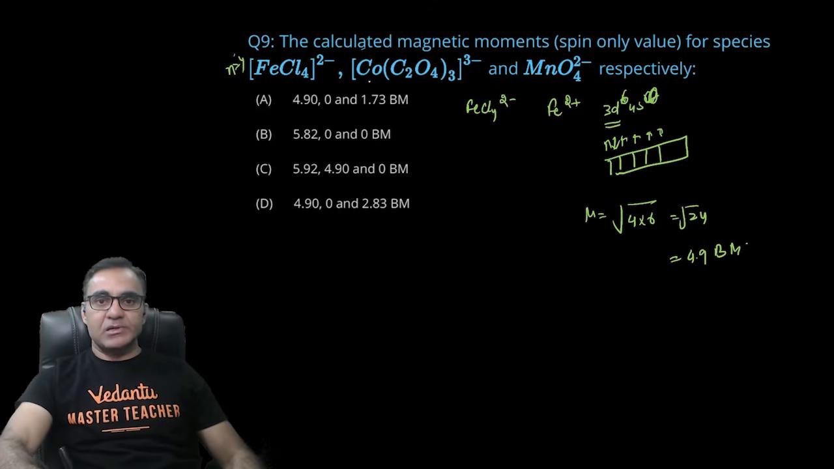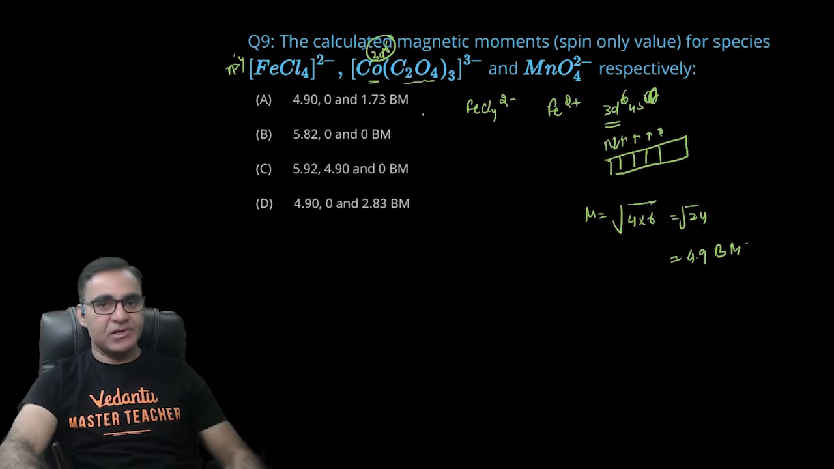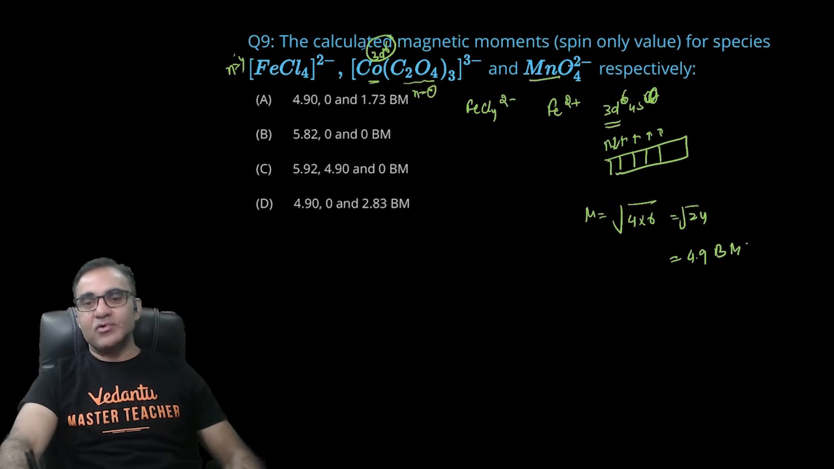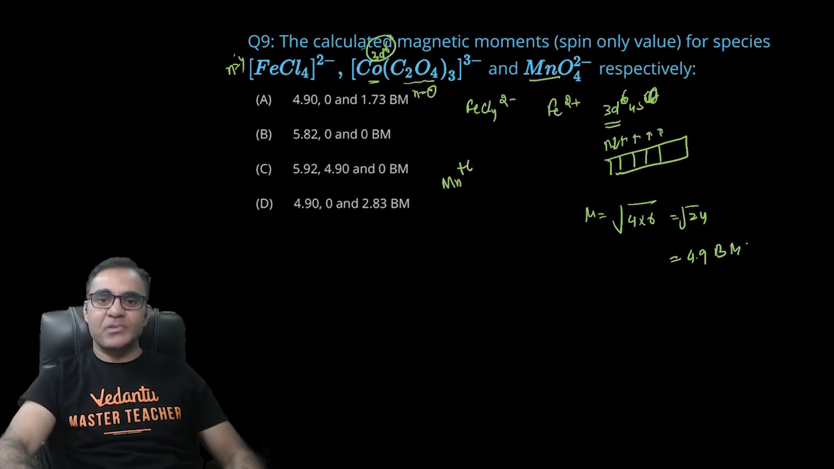सेकेंड कंपाउंड की बात करें, कोबाल्ट है, कोबाल्ट 3 है एक्चुअली। यहाँ पे कोबाल्ट 3 इज एक्चुअली 3d6, और क्योंकि C2O4 2- ऑक्सलेट आयन एक स्ट्रॉन्ग फील्ड लिगेंड की तरह काम करेगा यहाँ पे, तो सारे इलेक्ट्रॉन पेयर्ड फॉर्म में रहेंगे, तो यहाँ पे n की वैल्यू हो गई 0, तो इसका मैग्नेटिक मोमेंट हो गया 0। तो आंसर तो आपका, आई थिंक, अभी नहीं आया, लास्ट का भी निकालना पड़ेगा।